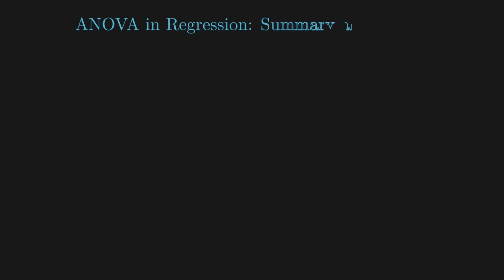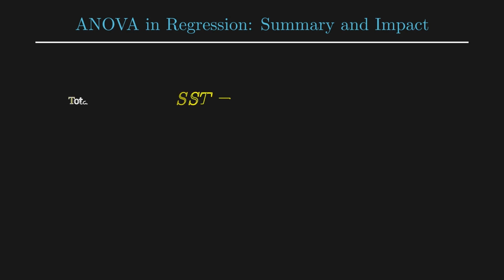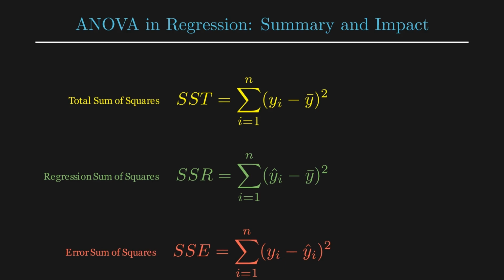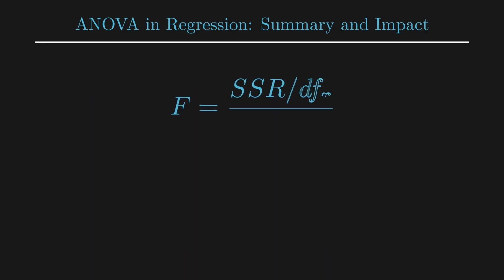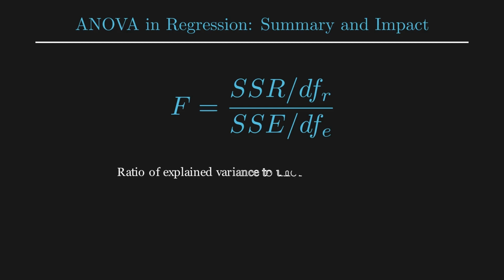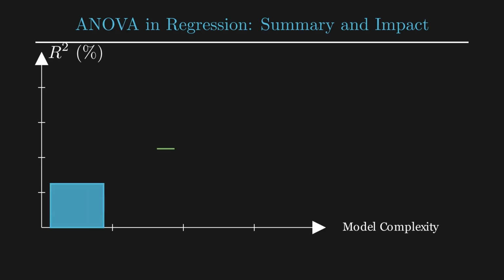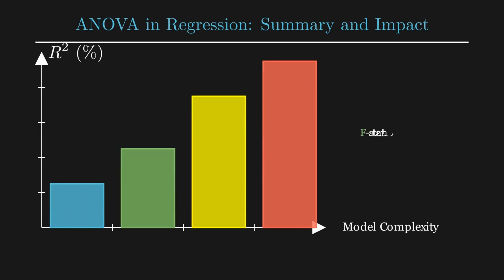So to summarize, ANOVA in regression allows us to break down the total variation in our data into two parts: the variation explained by our model and the variation that's left unexplained. This decomposition is incredibly useful. A crucial application is in calculating the F-statistic. This statistic is essentially a ratio of the explained variance to the unexplained variance. A higher F-statistic suggests that our regression model is explaining a significant amount of the variation in the data, meaning